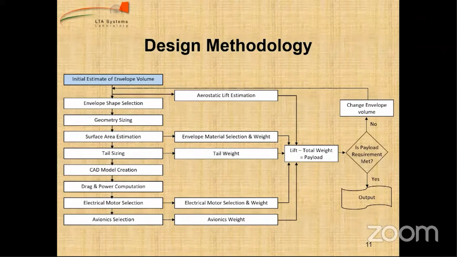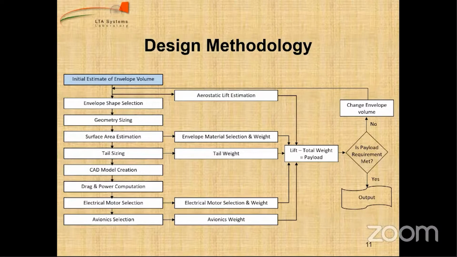Because it is an iterative approach, we will have to assume some parameters and start calculations. After doing the calculations, we check whether we are getting our values or not. If not, then we reiterate the process, and if we get our desired result, then we stop the process. So in case of a remotely controlled indoor airship, we start our calculation by